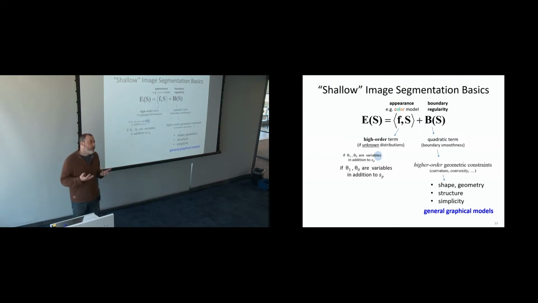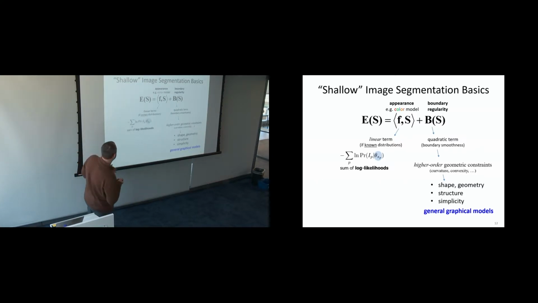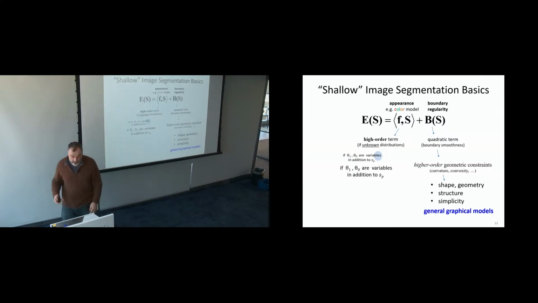But this is where you can get to much more interesting. Suppose now you don't know the models. Remember, I made the assumption that the models are known. If they're not known, you can treat those theta 1 and theta 0 as additional variables, and all of a sudden your problem turns into a high-order objective. I'm supposed to have a formula here, something messed up. It's the same formula, but if not just the segmentation variables but also the thetas are unknown, this is a high-order objective, harder to optimize.